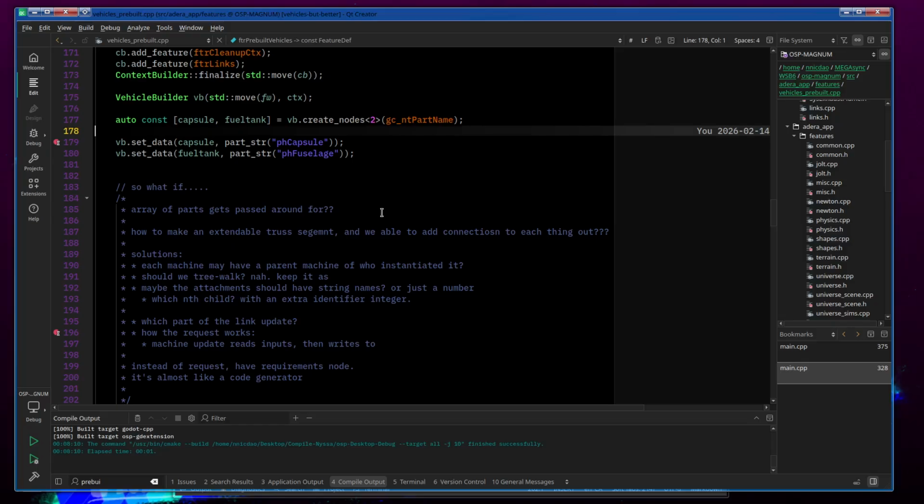If you just lay out a list of requirements of what needs to be created and what needs to be connected to what, some part can just output requirements, and then that will be processed and updated accordingly as the requirements change. Say some knob is adjusted that says, hey, extend this truss segment. The requirements are going to change, it's going to detect that, and it's going to make a truss segment longer. But all of the existing attachment points have to keep the same ID,